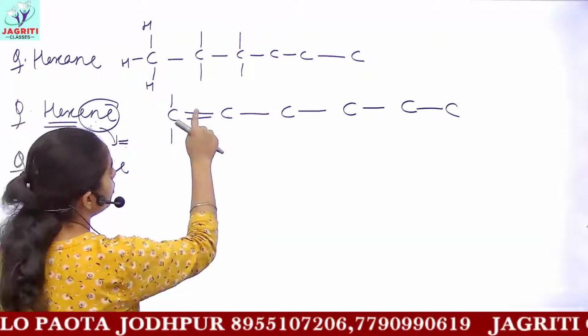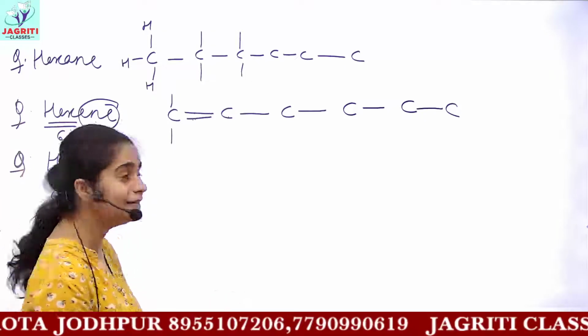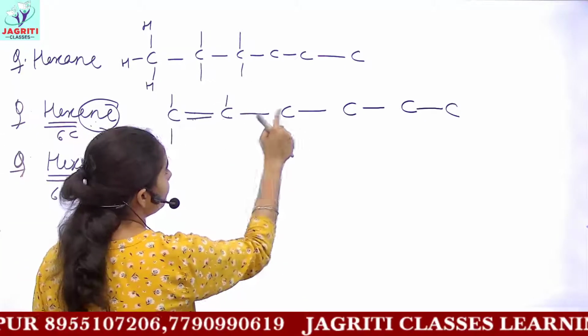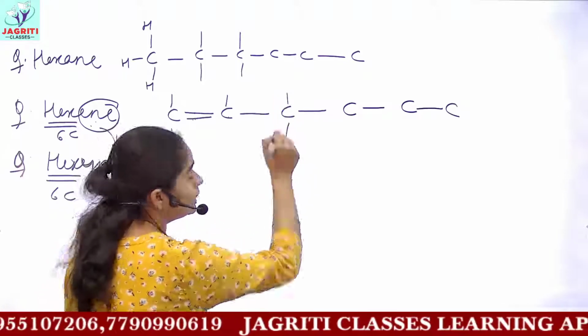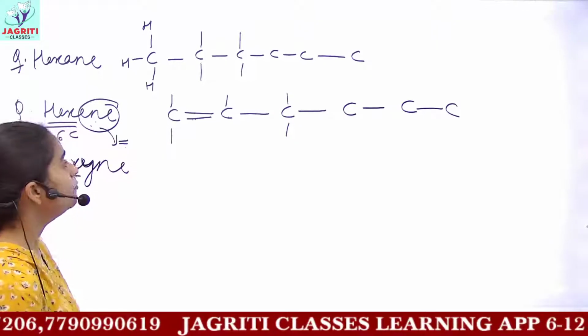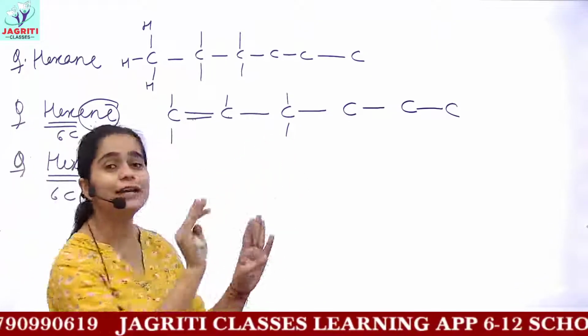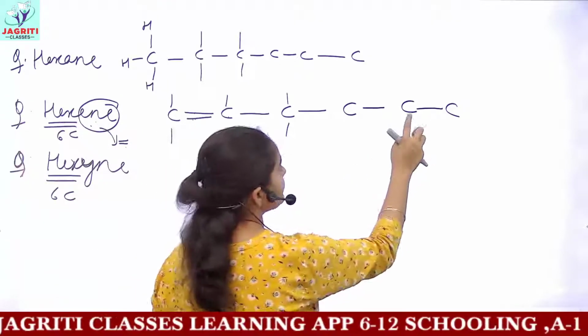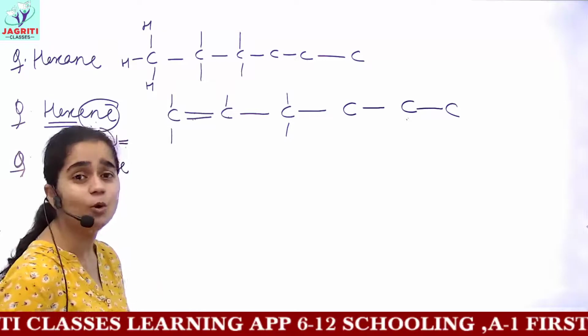For the next, 1, 2 and 3 bonds are present, so it has only just 1 bond. For the next you have 1 and 2 bonds, so the remaining 2 bonds would be made. We are making 4 bonds for each carbon. That's our aim. Let's suppose for this carbon, how many bonds will you make now more?